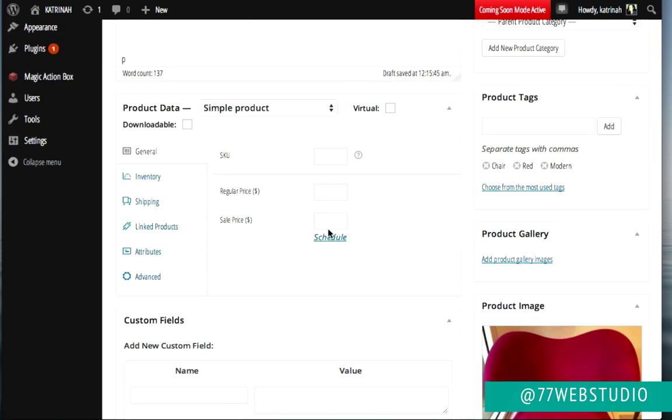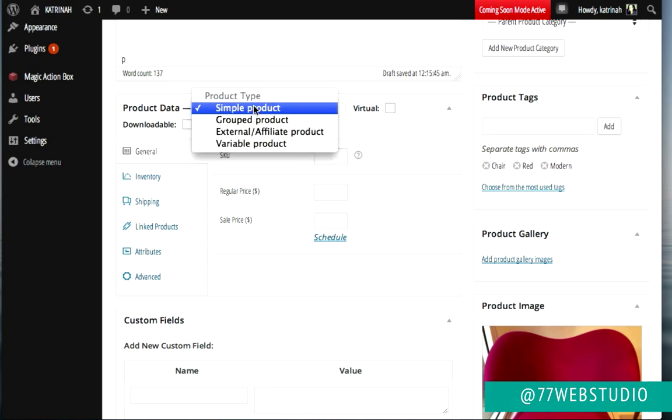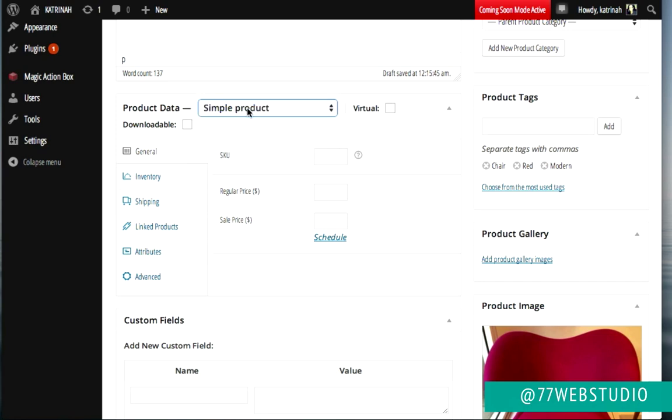Once the image has been set, then we can check out the product data over here. This is going to be a simple product. It's just one color, one size, one price. So for that, we can see here that I'm going to leave it as simple product, but when I do click on this, you'll see the other options that you have. You can either create a group product, an external affiliate product, or a variable product if, for example, you have different colors or different sizes. This, once again, is one size fits all. It's one color, so I'm going to leave it as simple product.